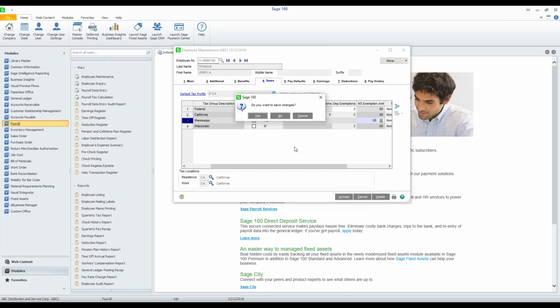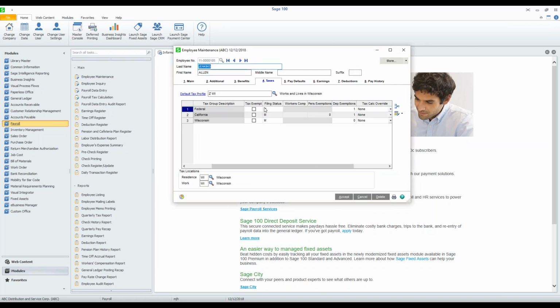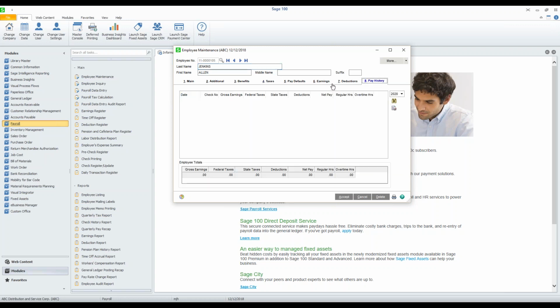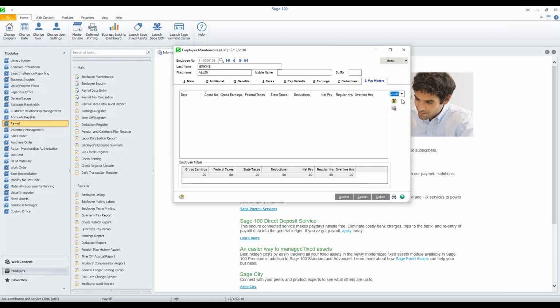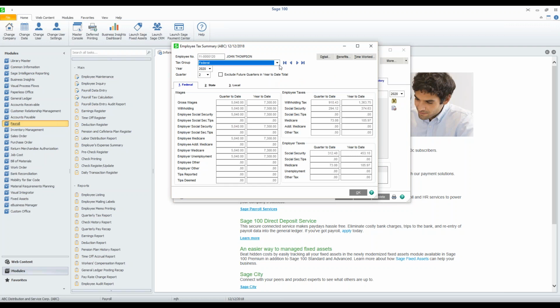When I go look at my pay history, I've got a binocular here that I can use to filter my date ranges, or I can filter by check numbers, or I can filter by earnings. I can also flip my calendar year for whatever various calendar years there might be. I get the flag of whether they are inactive or terminated there. I can set up their ACA information, or I can review a tax summary. And I can just toggle between the jurisdictions,